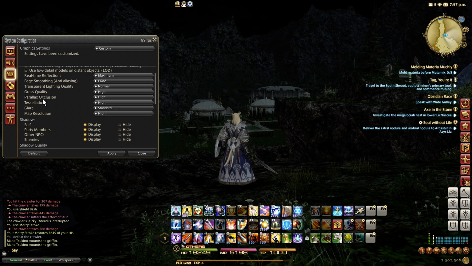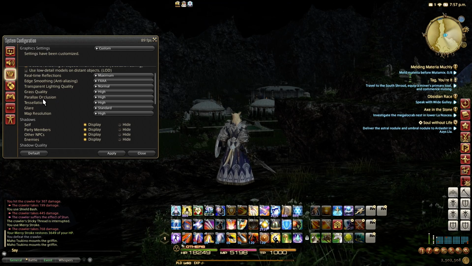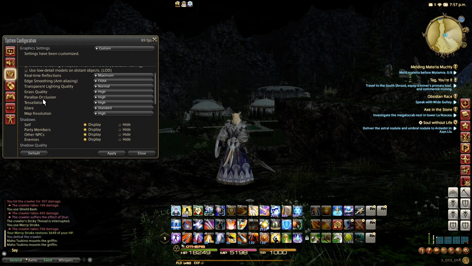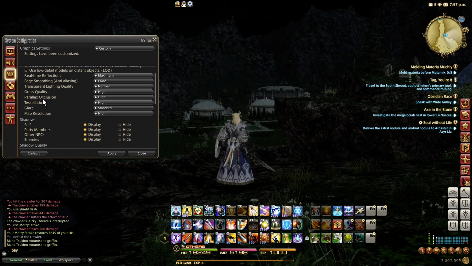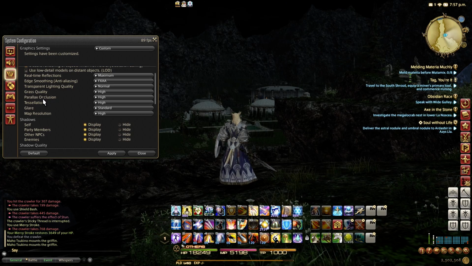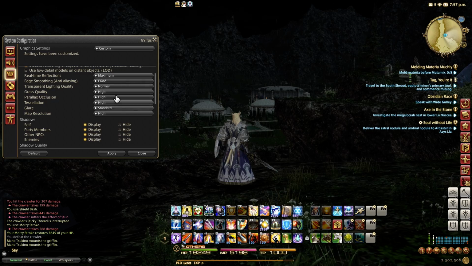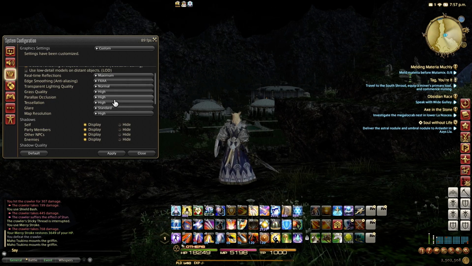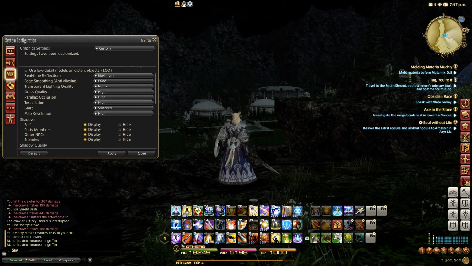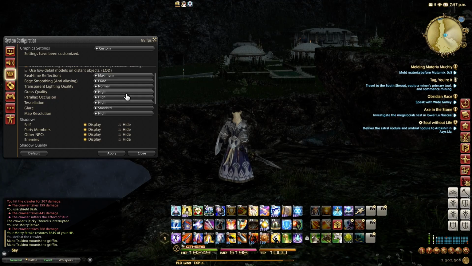So that's how you know you're using DX9, because you won't have the tessellation or the parallax occlusion option in your settings window. You can leave those on high or turn them off. They don't really make that much of a performance difference, but if you want to see what parallax does,